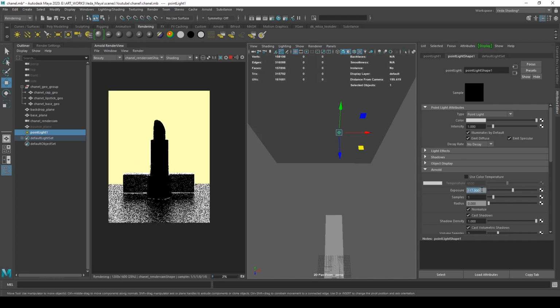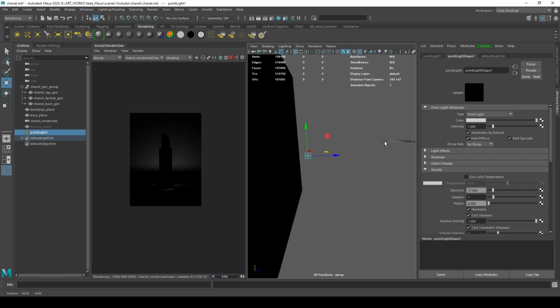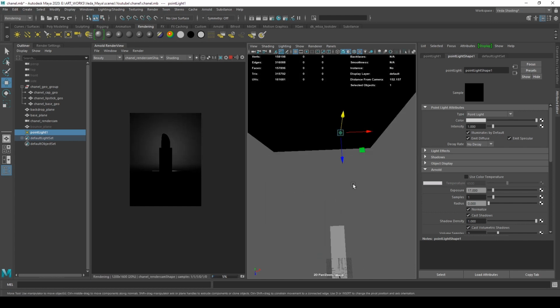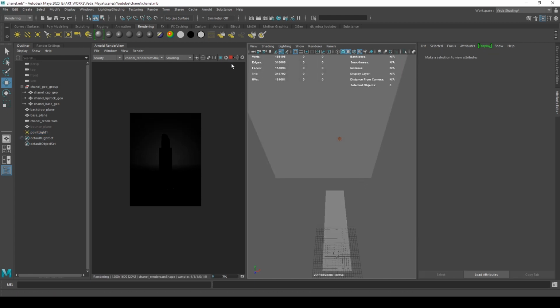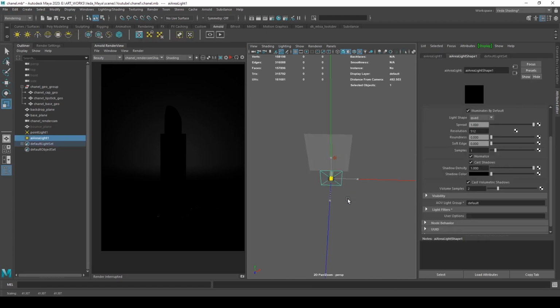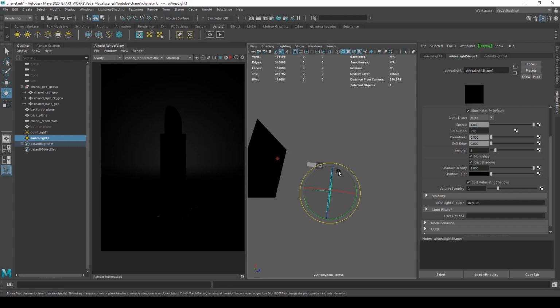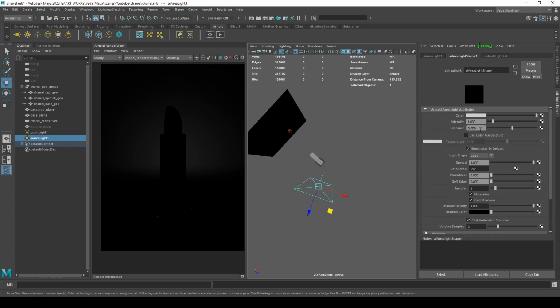And I'll start playing with the exposure, with the position and samples. Now that the backlighting is set, I'll create an area light as a key. I decide the shape of the area light according to the shape of the actual subject in the frame. The lipstick is in a standing up position vertically. So I'll place my area light as well in a vertical position.